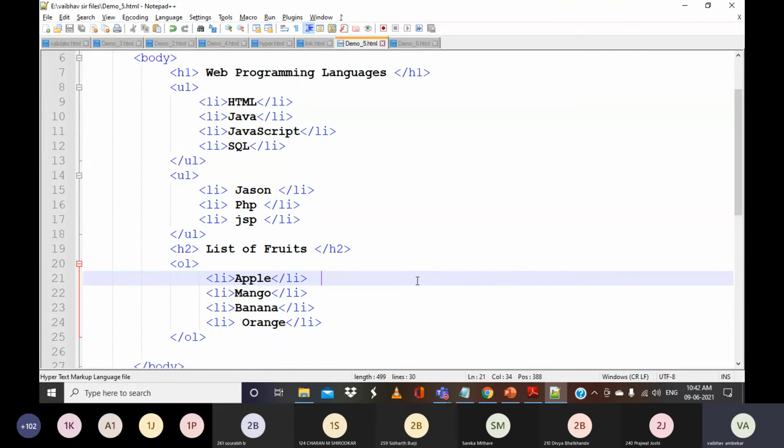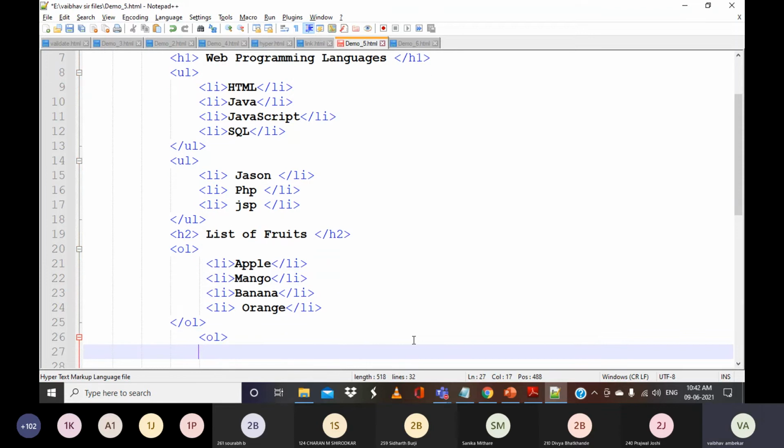But we have to remember that a list cannot be directly nested. If I take, for example, an OL tag, it cannot be immediately followed by an OL tag. If I open an OL tag, within this directly I cannot have another OL tag. This is not allowed.